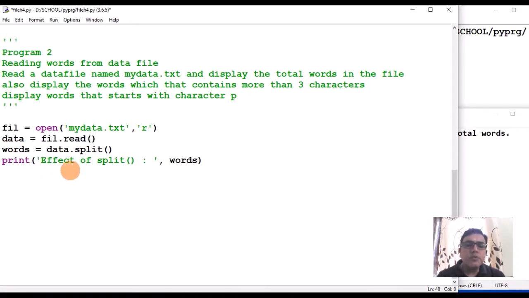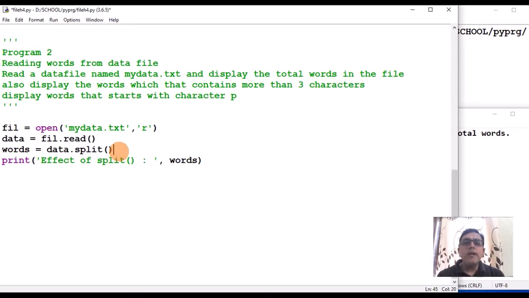Okay, so this much code only I'll execute first, you will come to know. See, I have opened the file, I have read the contents of the file in data. So data is a string which contains all the characters of the data file. Then what command have I given? I have given data.split. What will split do?